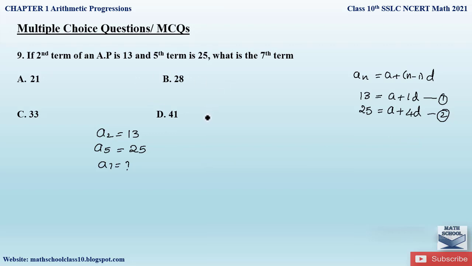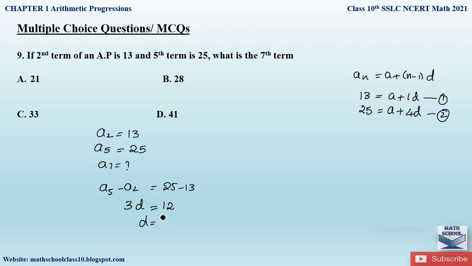So the simplest method to solve this kind of problem is, here they have given us the fifth term and second term. Let us subtract these two terms and take a5 minus a2, the higher term minus the lower term, which is equal to 25 minus 13. What is 5 minus 2? It is 3, so write it as 3d. Why are we writing it as 3d? Because a5 is a plus 4d minus a2, which is a plus 1d. So a will get cancelled, and 4 minus 1 will be 3d. So here I have written it in shortcut form, equal to 25 minus 13, which is 12.